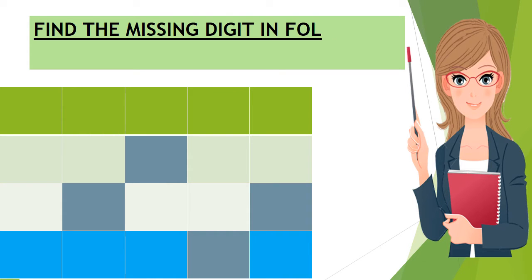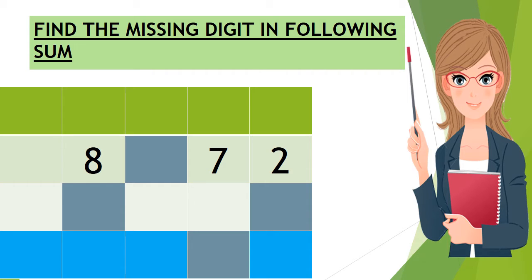An example is given to us. Here you can see a table where digits and numbers are given and some are missing also. Your dark blue shows the missing digit. So the digits of the first number are: first is 8, second is missing, third is 7 and fourth is 2. Digits of the second number: first is missing, second is 9, third is 4 and fourth is also missing. And the digits of the sum column are: first from right is 9, second is missing, then 3, and then 6 and 1. It is an addition sum, so the addition sign is also there.